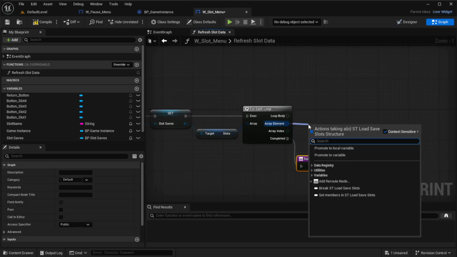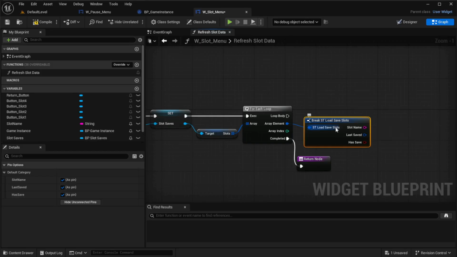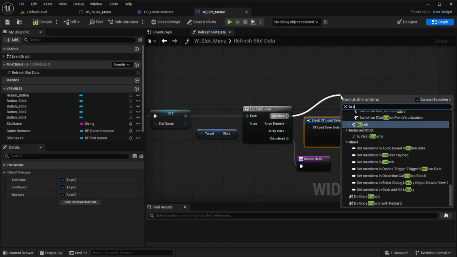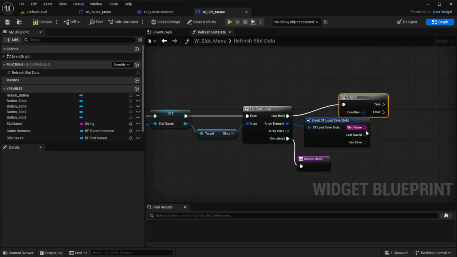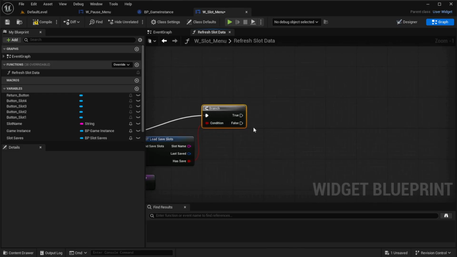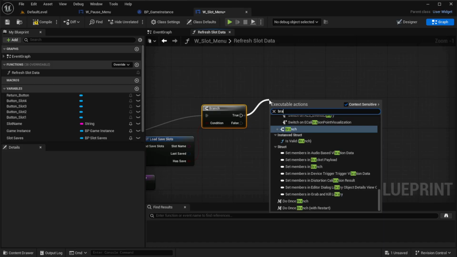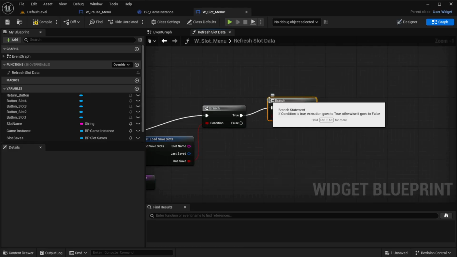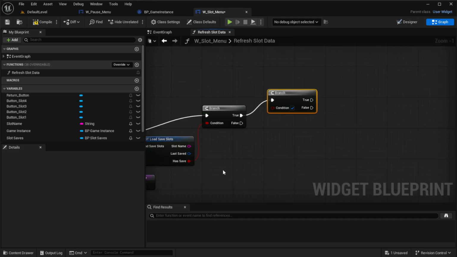And from the array element, draw out and search for break st load save slots. And from the loop body pin, draw out and create a branch. And from the has saves pin of the break node, connect that to the condition pin of that branch. And then from the true pin of that branch, create another branch. And from the slot name pin of the break node,